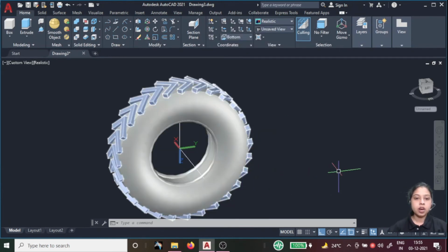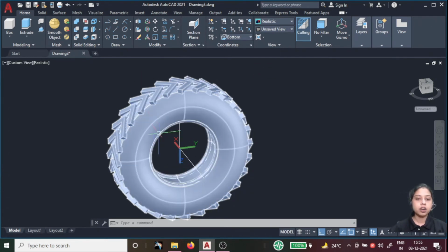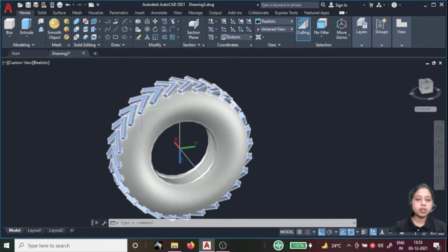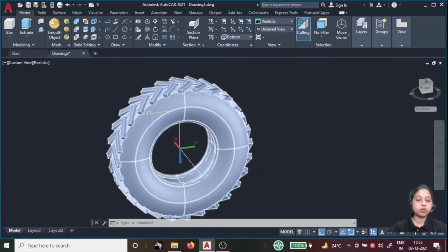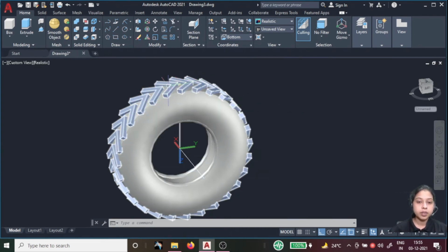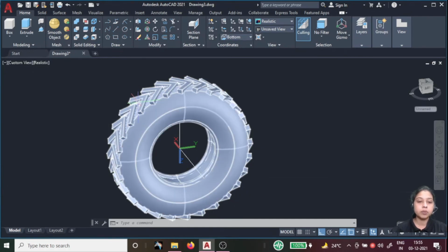Okay, so after the pattern is complete, we will go for converting it into a pocket material. For how to cut: my pattern is already in a group, so when I do the pocket and subtract this profile, it will not work.